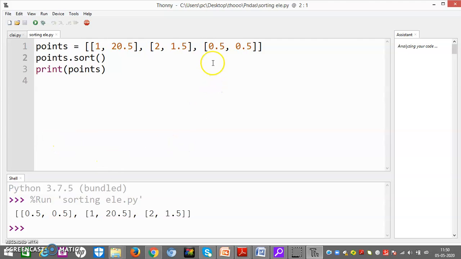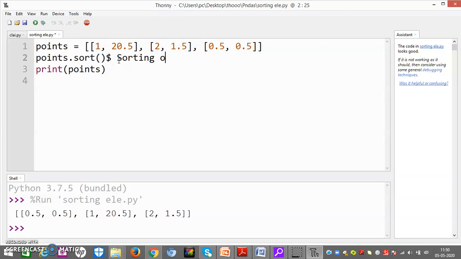The elements which are first will be first, then these, then these, and these are also sorted because 0.5 and 0.5 are the minimum values. Now 1.5 is smaller than 2 and it is in ascending order. So all the elements within themselves and the others within the list are sorted. So friends, it has sorted in the ascending order.